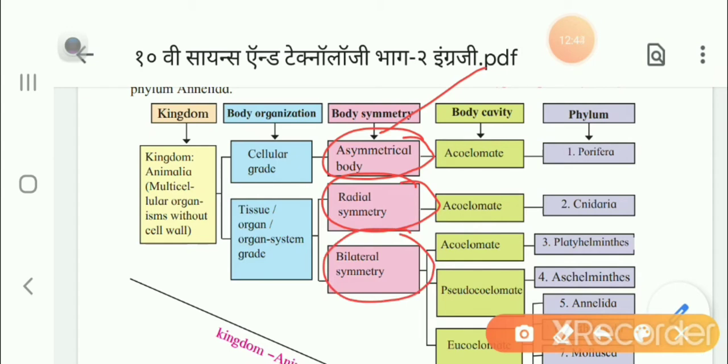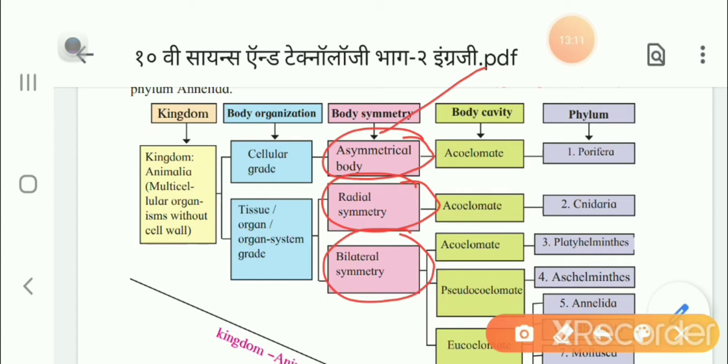Let us tell you what is asymmetrical body. Now, asymmetrical body mean when the two sides are different in some way. Asymmetrical things are irregular and they don't match up perfectly when they are folded in half. So, from any circular way, from any part, the two identical halves will not get.